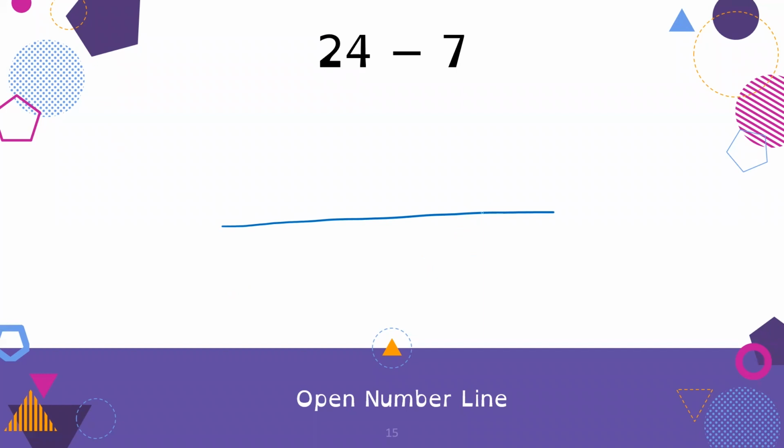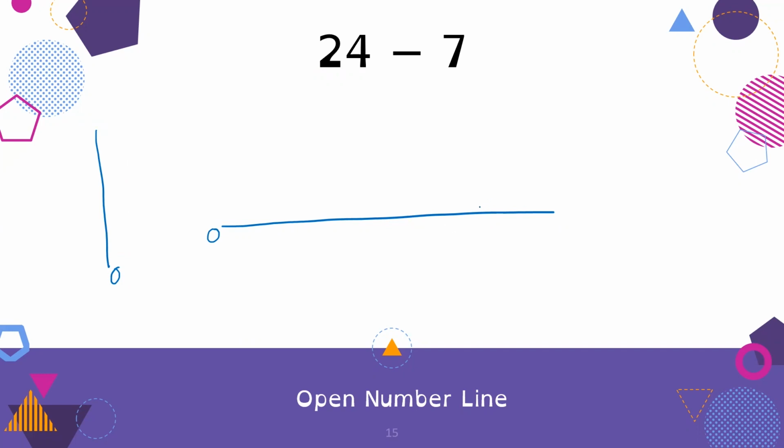Number lines generally have 0 or your negatives on the left and your positives get greater on the right. This is just classically how we do number lines. The same with a vertical one: higher numbers are at the top and 0 is at the bottom. So that's a standard practice. And I don't even know why. It's just something that I take for granted. Maybe you should look into that.